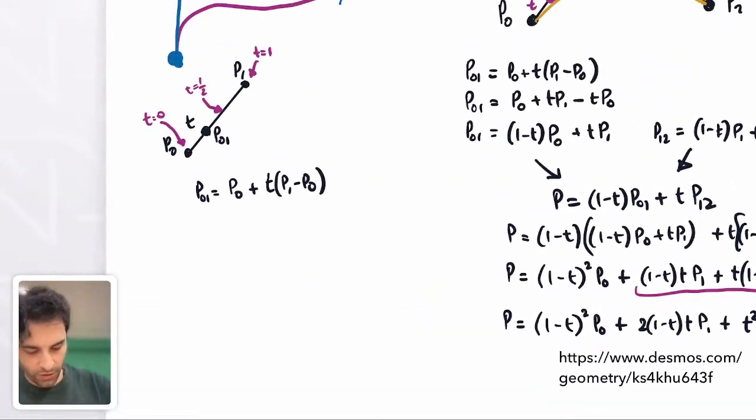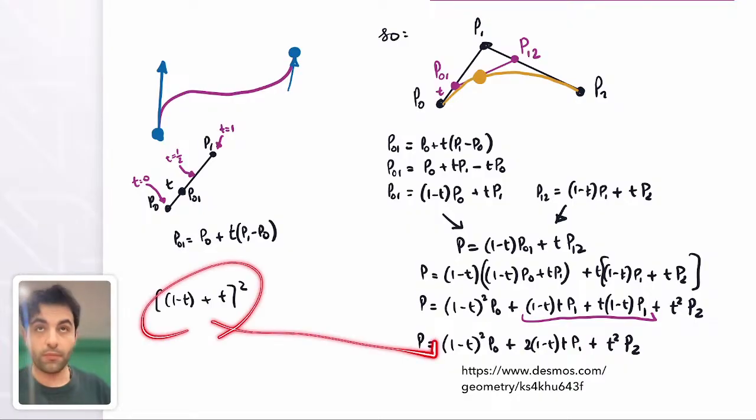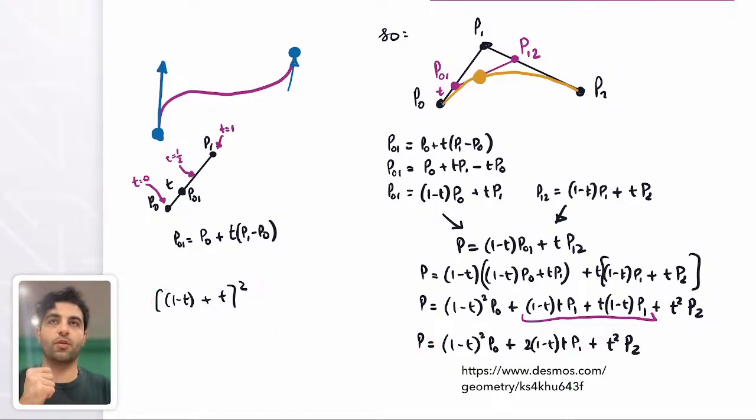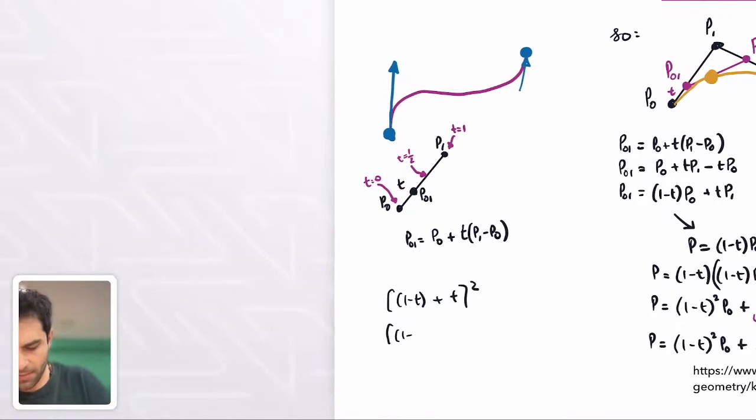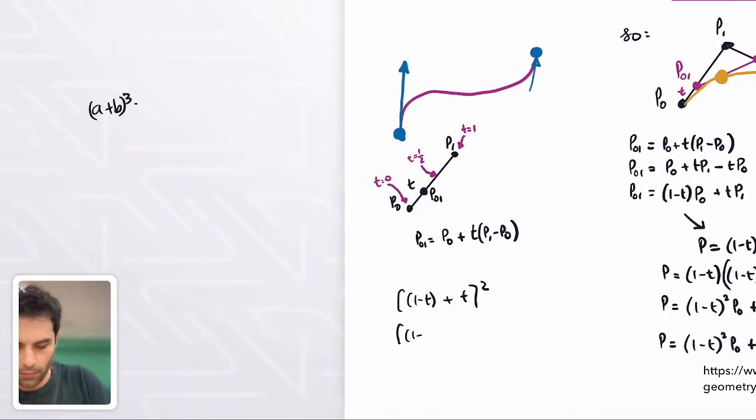One way we can also think about this is it's almost like you're expanding out the brackets of 1 minus t plus t squared. Do you all see that? And that's how you get each term, right? That's kind of the idea. So if you wanted the next order Bezier curve, you would do the same thing, but expand it to the power of 3. Does everyone know how to expand a plus b cubed? Everyone knows it's a cubed plus 3a squared b plus 3ab squared plus b cubed. Everyone seen this before? Yeah? So therefore, the next Bezier curve